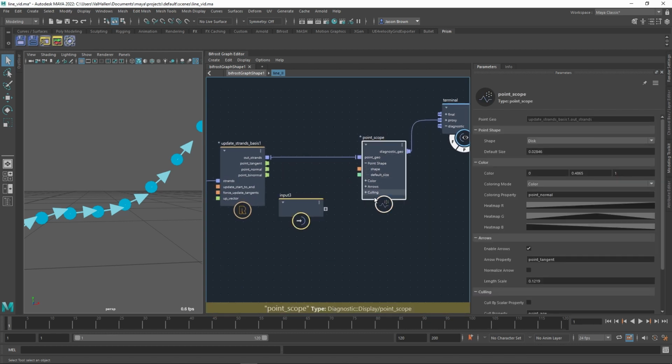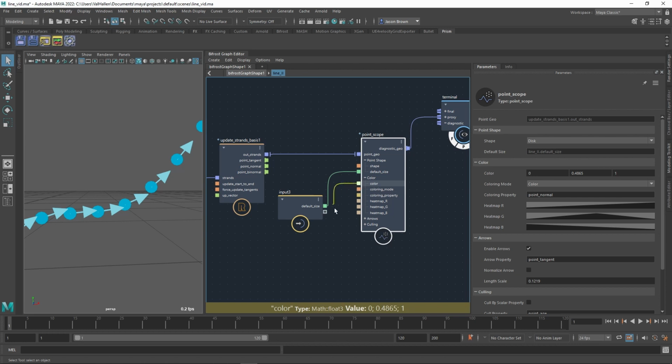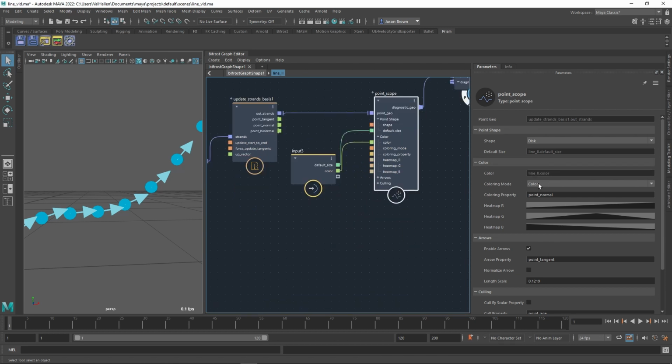So now we just need to decide what we want to be able to input. So I want to input the point size, which is great. I want to input the color, also good. And we'll leave everything else as it is. We don't need to actually bring this one out. Then we'll need to,